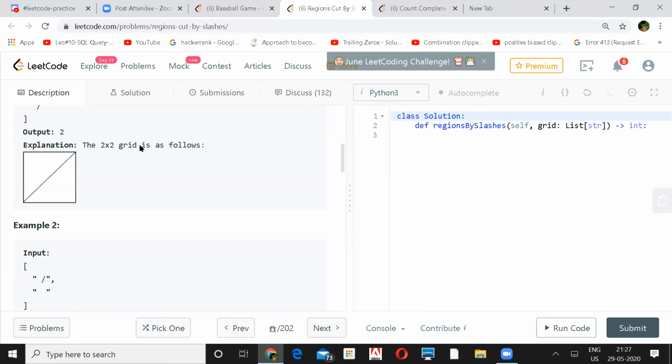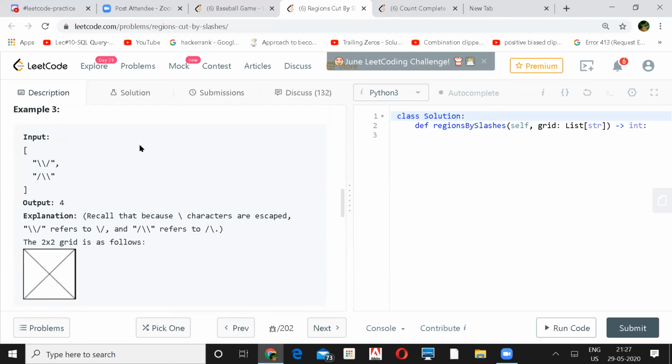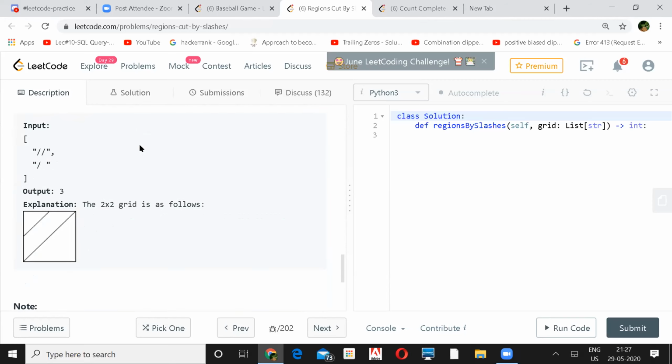Can you go to the fifth one? Here, if you see the first line, there are 2 forward slashes in the first input, right? So they have slashes at the 0,0 and 0,1 locations. The first is for the 1 and the second is for the 2.